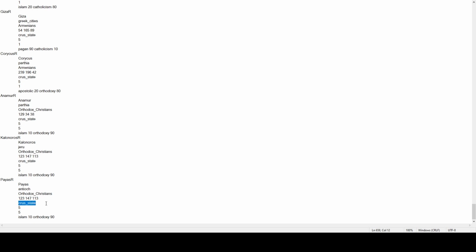And then Crusader State hidden resource. Again, I'll be editing that later. Fertility 5, I'll change fertility to 3, put it a little bit down. Payas was not a huge settlement. And then for the religious breakdown, 10% Islam, 90% Orthodoxy. I'd say that's fine. It's going to have a pretty small population in any case. So now let's move on to the